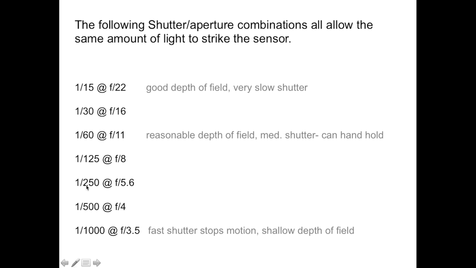But I have these options of faster shutter speeds as well. All these combinations of shutter speeds and f-stops have the exact same amount of light strike the sensor, but the characteristics of the image are different. With the fast shutter speed, I'm going to stop even quickly moving things, but I'm going to have very little depth of field in that particular image. So this is the creative control on your camera. What shutter speed and f-stop combination to use based on what ISO you have set and the amount of light,